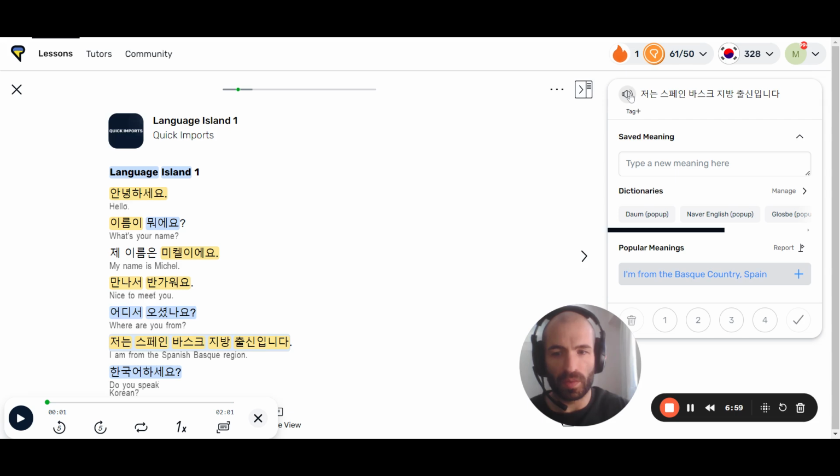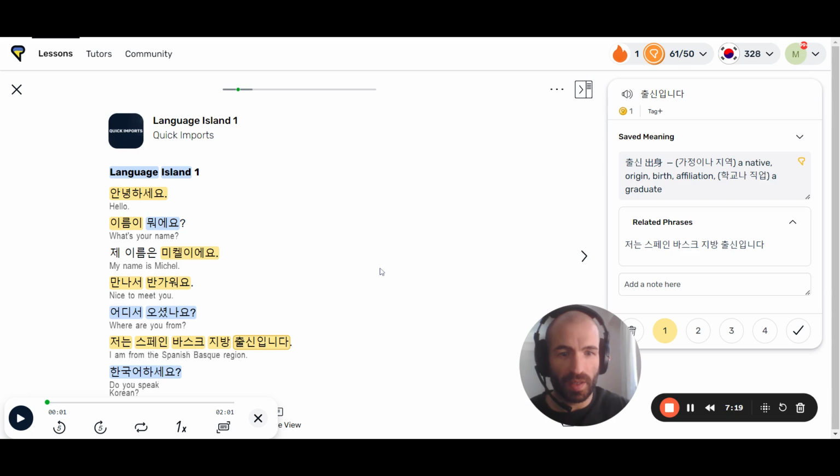저는 스페인 바스크 지방 출신입니다. Yeah, I still haven't got it. It's important that you actually know the words. So I'll have to associate all the words from this, so that I recognize them first. Because listening and repeating words that you don't know yet, it's going to be very, very hard to remember or to recognize them. So first, memorize the words, and once you can understand it,